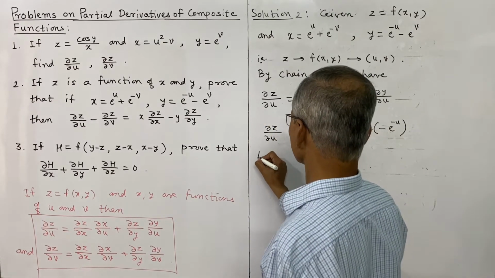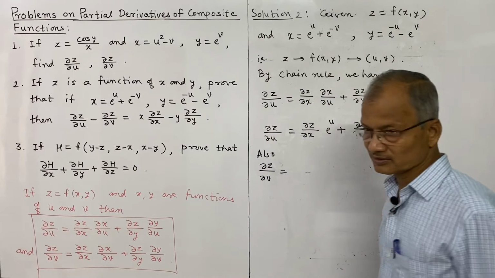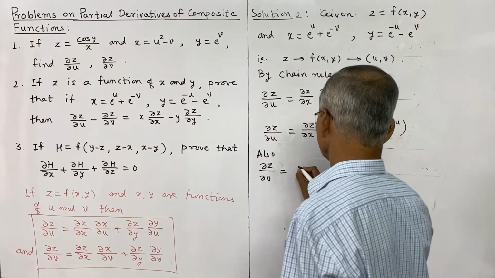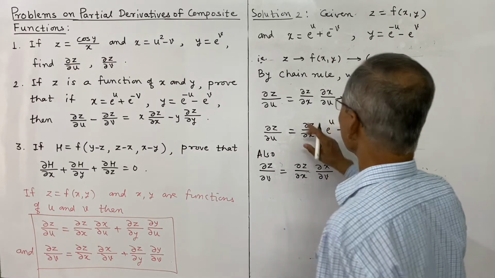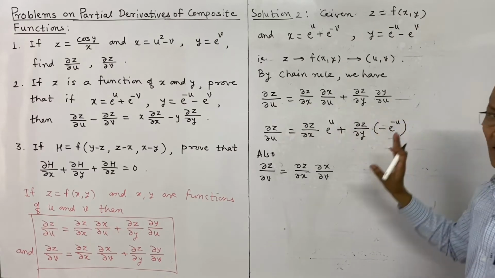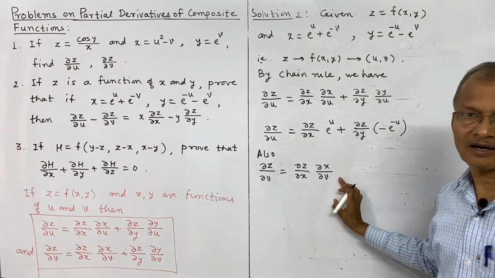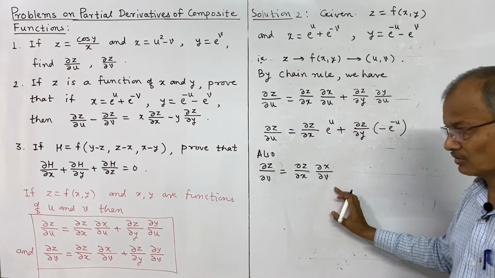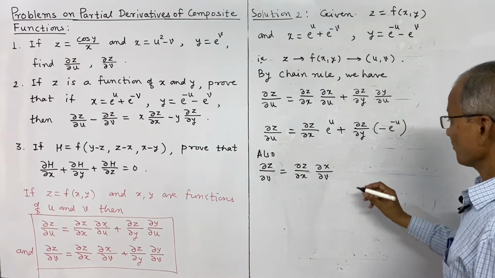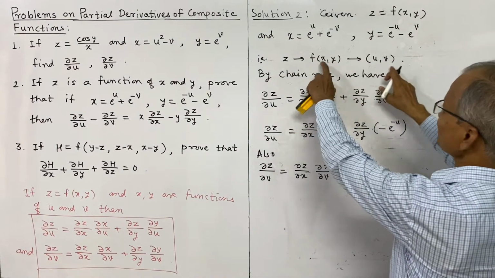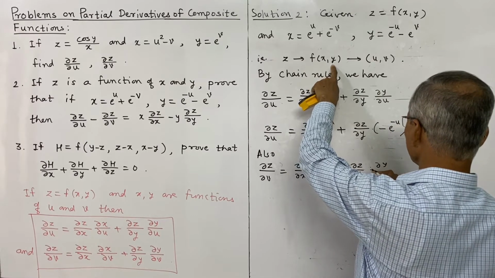And so also what is dou z by dou v now? Dou z by dou v is, see, the same rule we should write, that is partial derivative of z with respect to x into partial derivative of x with respect to v. In place of u, we have to write now v. So if you could write this rule correctly, then we can easily write the other derivative rule, that is partial derivative of z with respect to v. Just replace u by v, plus partial derivative of z with respect to y, and then it is multiplied by partial derivative of y with respect to v.